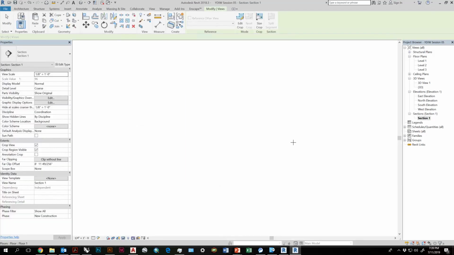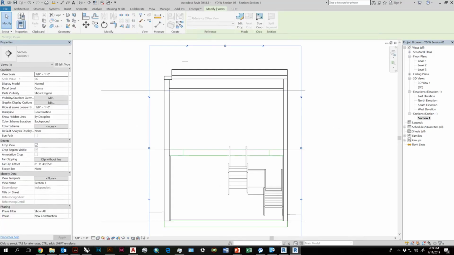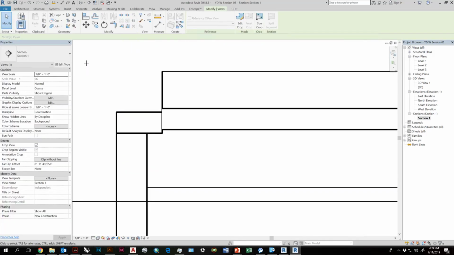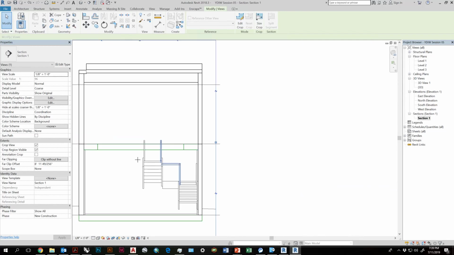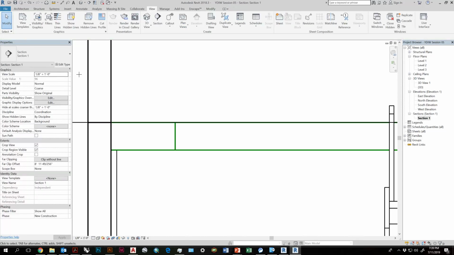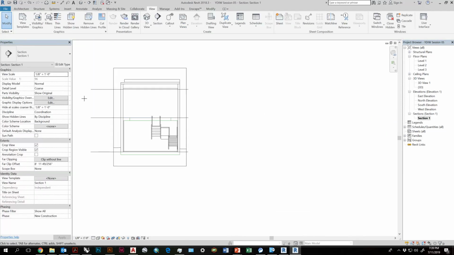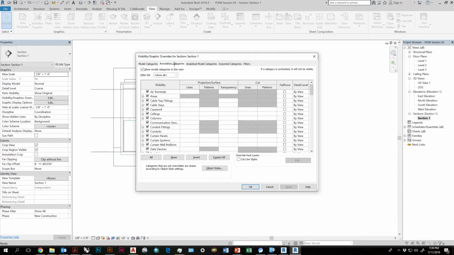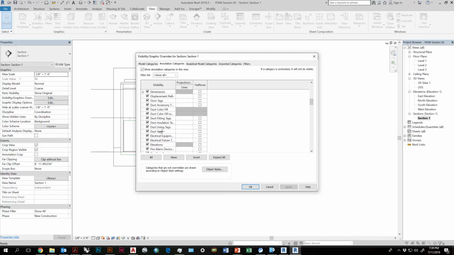So the new section view has been created. If we click on section 1, we can now see the section of our building. You can modify the cut settings that you see here. So if you want a thicker cut line, go into the visibility and graphic settings. I think you go under Annotations, sections.